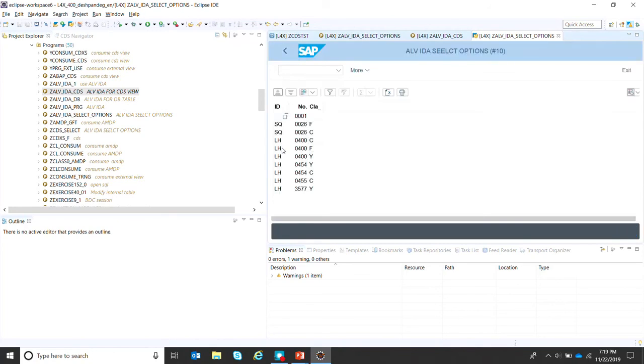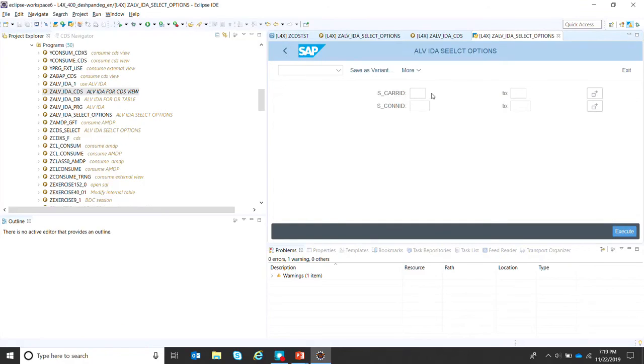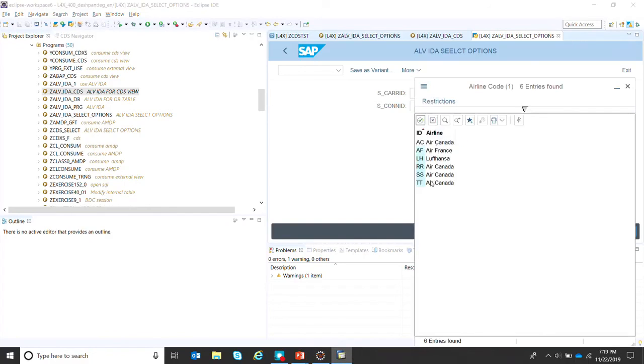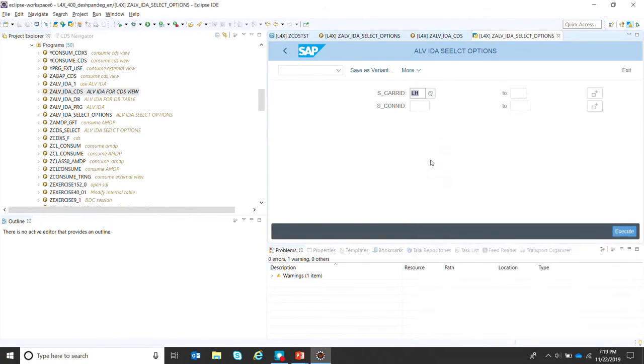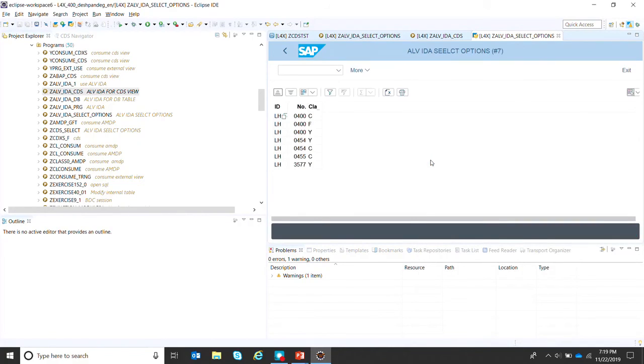Here I can see the char ID is LH. Let me go back and I will select char ID as LH and execute again. I can see the data with only LH char ID. So this is how you can use select options with ALV IDA. So please go ahead and